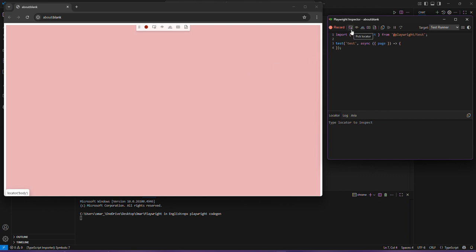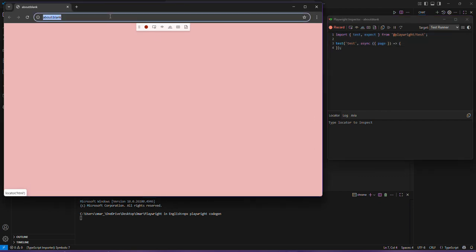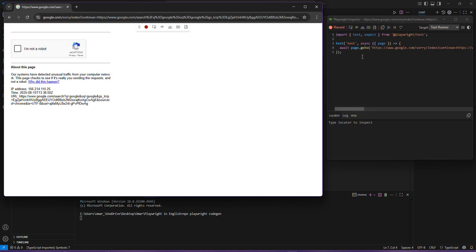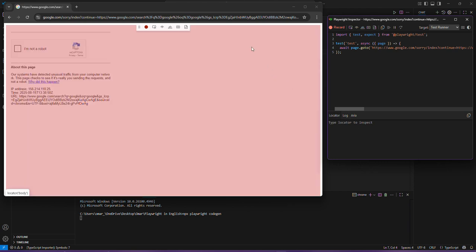If you hover here, you will see pick locator. You can see here assert visibility, assert on the text, assert on the value, and take a snapshot. And here you can see the test case. It will be a step. If I click, for example, if I said Google, it will go to Google. Okay, and here you can see the logs and the locator, but I don't need to do this manually because after going through the steps,